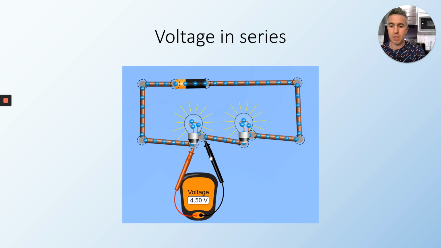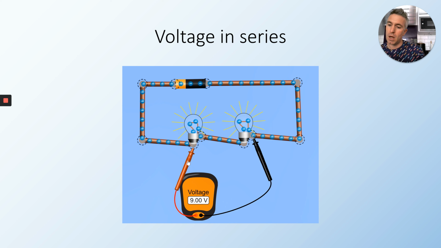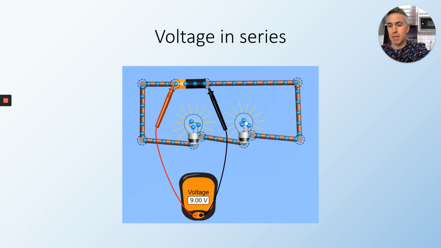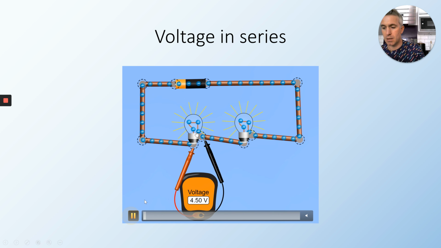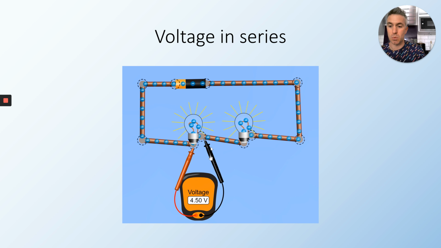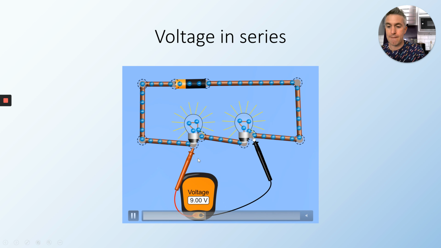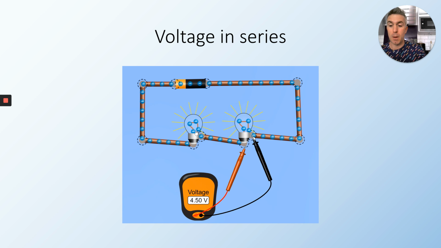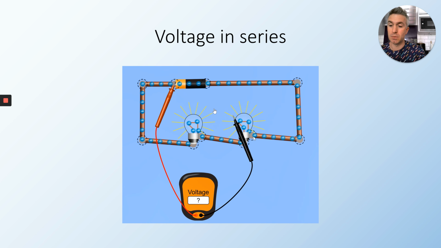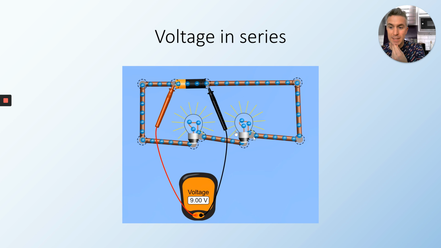The voltage in series is a little bit more involved. If you look at the voltmeter, it's measuring the voltage. If we put the voltmeter across the battery, it measures 9 volts. Let's see if I can get this to loop back again. So this bulb here, 4.5 volts going across this one. This one here, move it across, 4.5 volts of potential difference going across that one as well. When we go back to the cell, it gives you 9 volts. So you can see